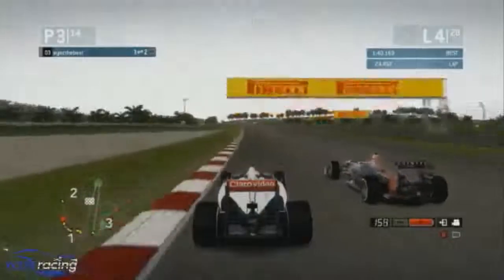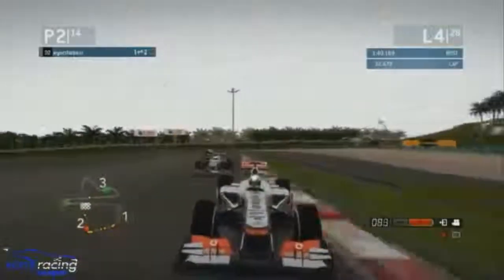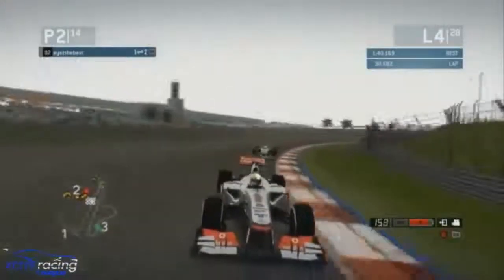That side by side is the best. Coming up into turn 4, we saw this with Temper and Senna. Makes it round the outside there into turn 4. He had the better line and the better traction, so he keeps second place. But